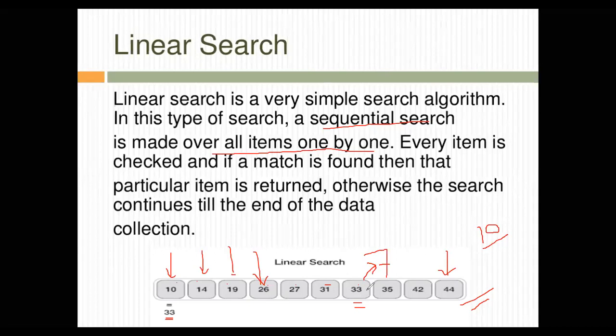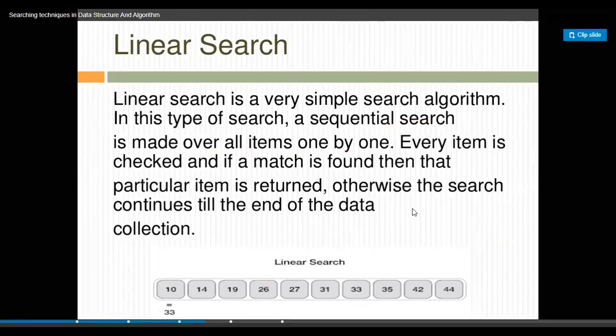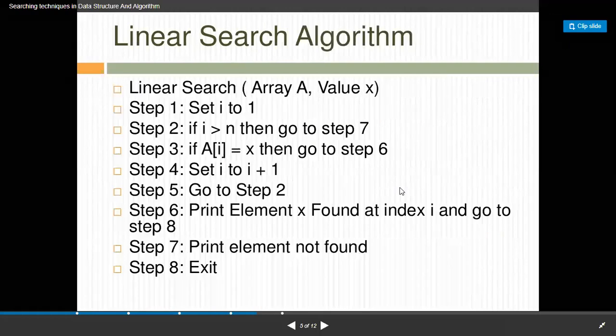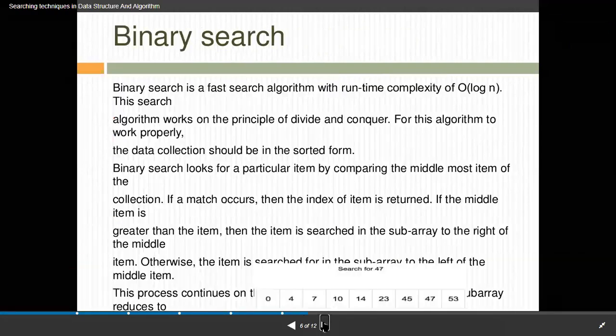And we have seen how time complexity works, right? Even though time complexity changes a little bit, the time actually changes a lot. So in short, linear search is simple, but the linear search algorithm takes a lot of time to search an item, especially when the data size is huge. These are the steps of linear search, go through them. If you don't understand, I will explain again, but it's not needed here.